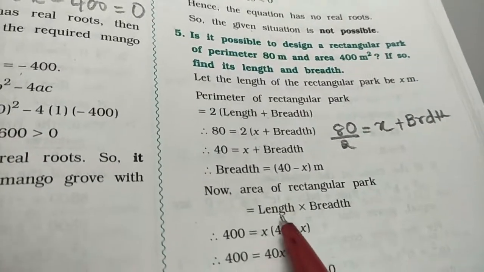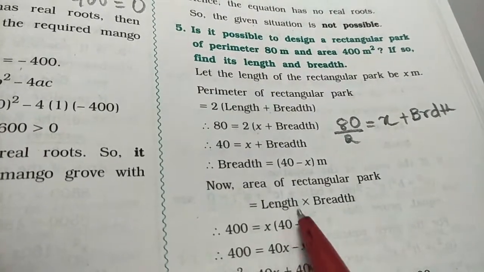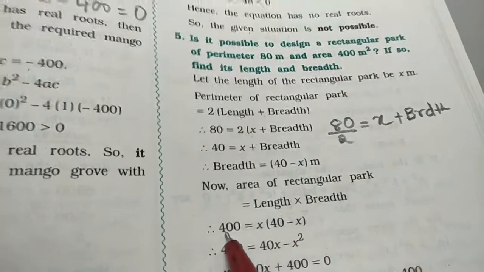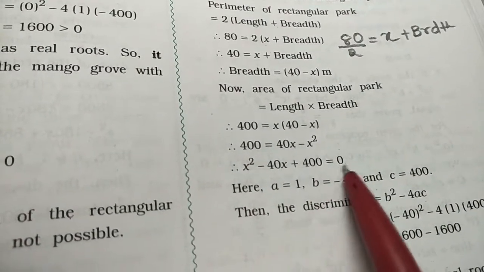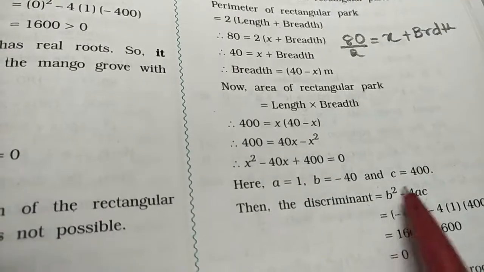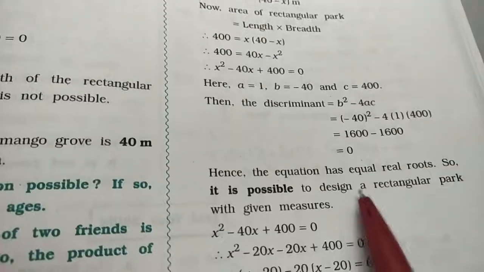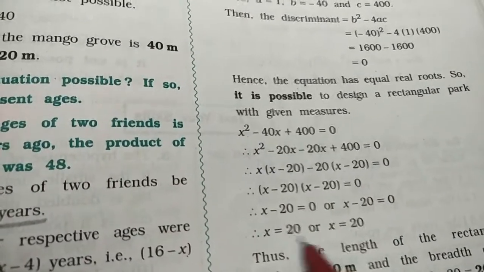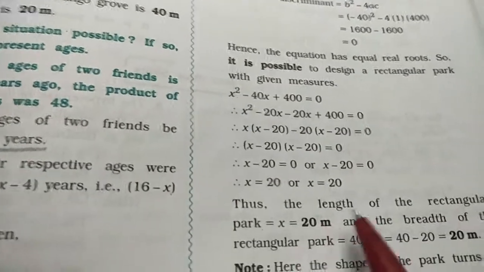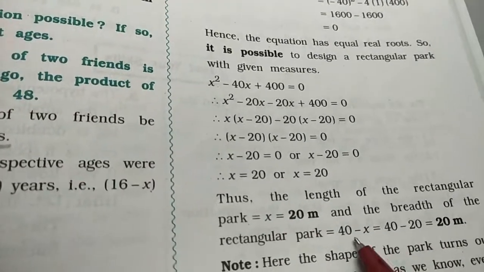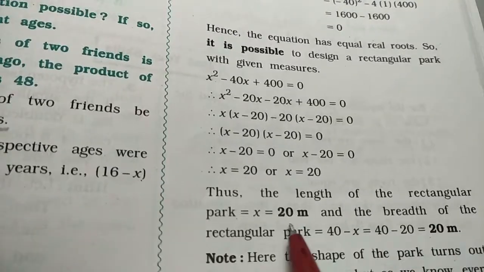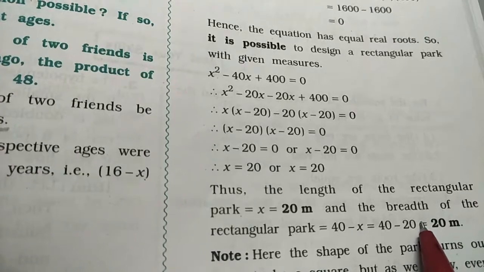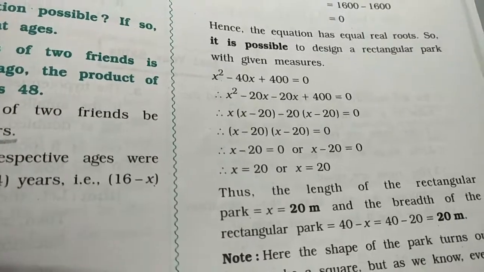Now we go for the area. Area is length into breadth. So putting the value of length x, breadth 40 minus x, which gives us 400 because it is given to us, it is 400 meters square. Okay. So we can make a quadratic equation out of this. Then you have to put the value of a, b and c, the discriminant is 0, so you will get two equal roots here. Now both the roots are 20, 20. So the value of length is x and the breadth 40 minus x will again be 20. So according to that we get length and breadth the same. So it will be a square shaped park actually, but all squares are rectangles. Okay. So this is possible. Thank you.